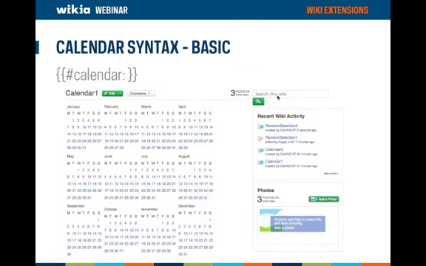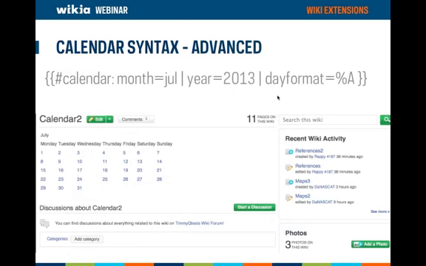This time, let's look at the basic use of a calendar function. Just like Maps, Calendar looks like a template, but with a calendar function denoted by a pound sign. The default displays a calendar of all 12 months during the current year. So here's a 2013 calendar on a wiki page. And again, just like in Maps, you can add more parameters to this tool to customize your results. Here we have asked to see only July 2013's calendar, as well as asked to only see the full names of the days of the week, as opposed to the default